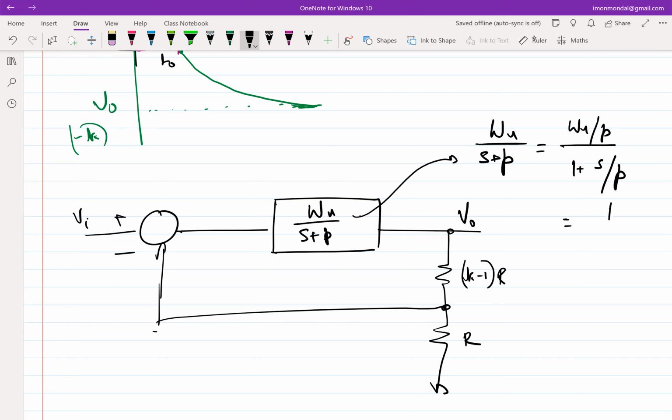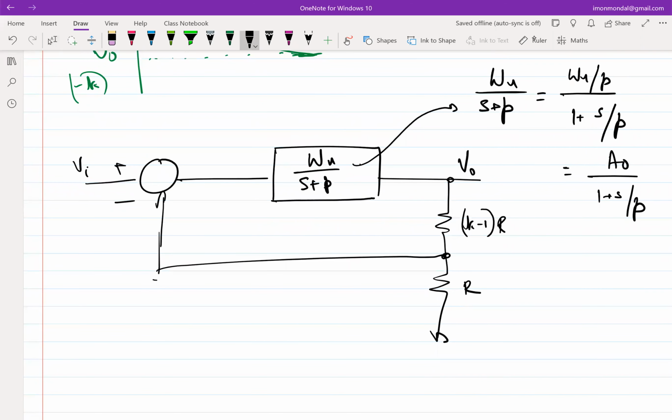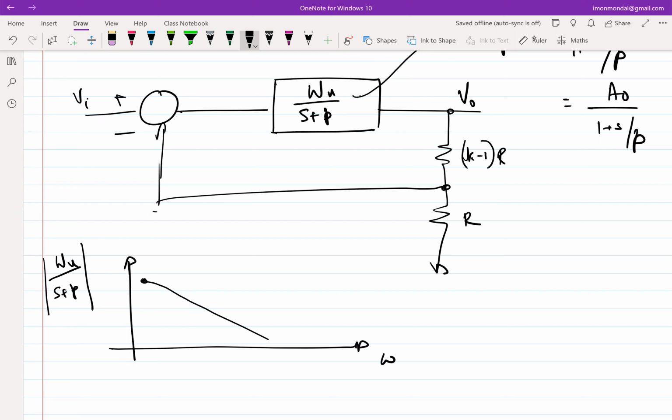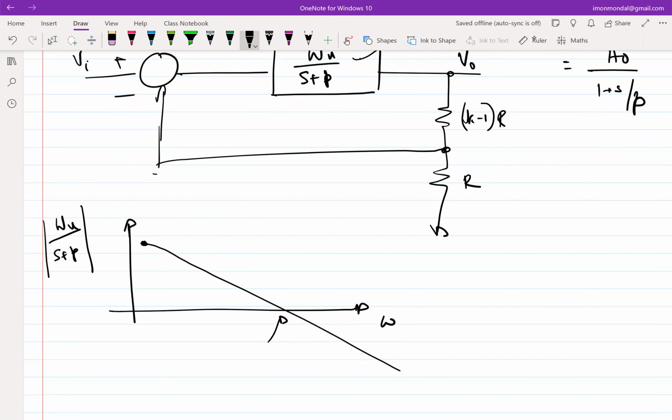So this omega u by p is the DC gain, and this is the pole. Okay. So another way of looking at it: if I now plot this with respect to omega, initially what would I have gotten if we had assumed p was 0? The ideal integrator, where p was 0, I would have probably gotten something like this, where this point would have been